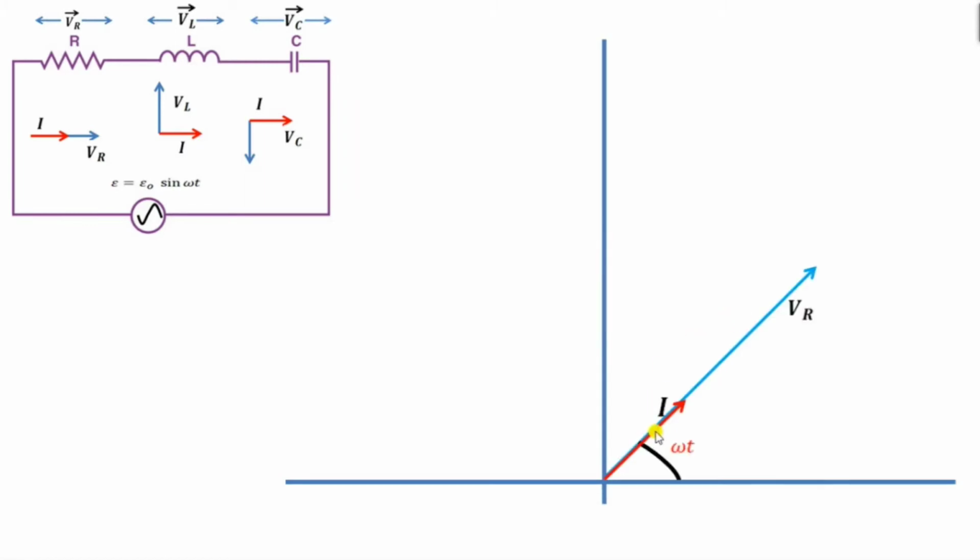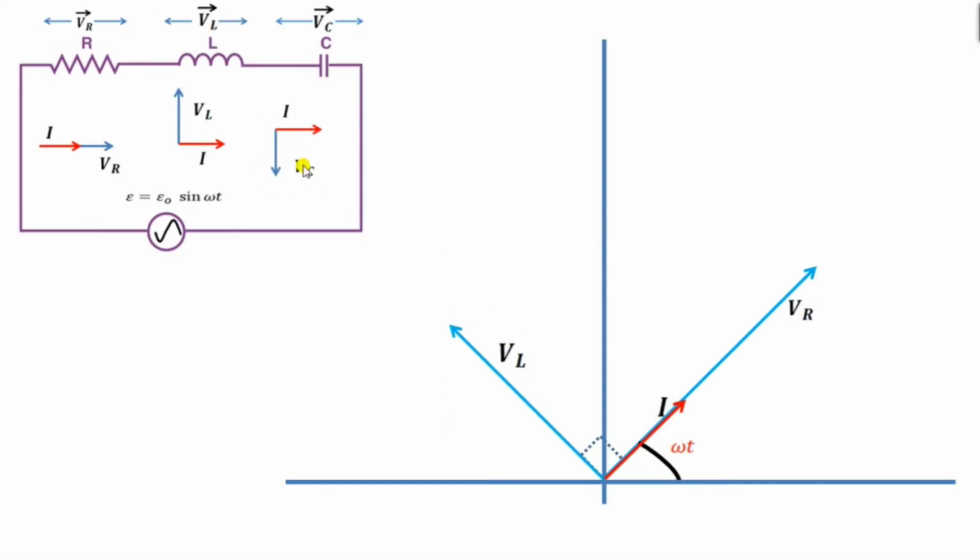Now this is the phasor diagram for the resistor circuit in which current and voltage are in the same direction and there is no phase difference between them, and the angle made by voltage and current is omega t. In this circuit the current is the same, so we will be using only one current. In the inductor circuit the voltage is 90 degrees ahead of the current, so from here at 90 degrees we make the voltage VL. Now in the capacitor circuit the voltage is lagging behind the current by 90 degrees, so this is the current, and before it at 90 degrees there is the voltage VC.